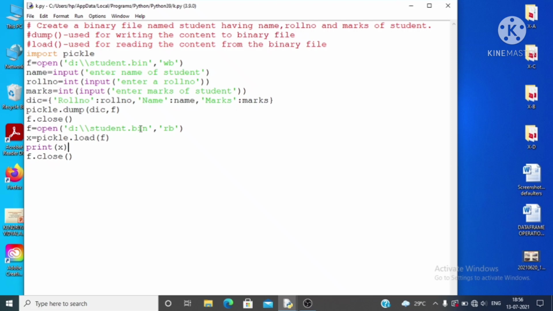Next, you opened the file in read mode and used pickle.load. The load function is used for reading the content from the binary file. The data returned by the load function is stored in variable x. After that, you displayed x by using the print function and then closed the file. So this will display the data read by the load function.